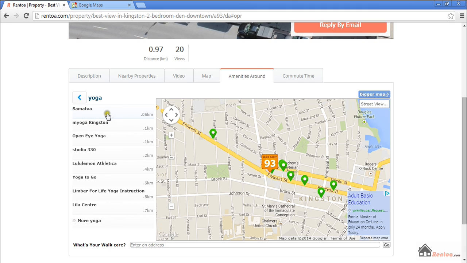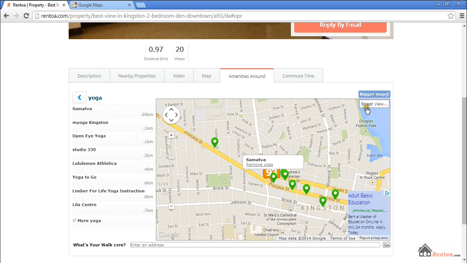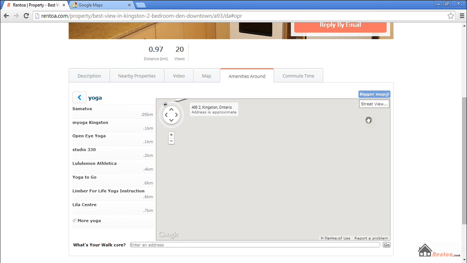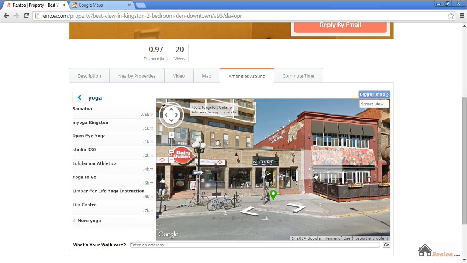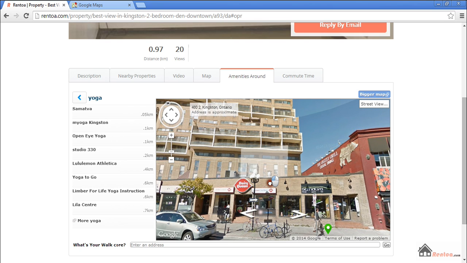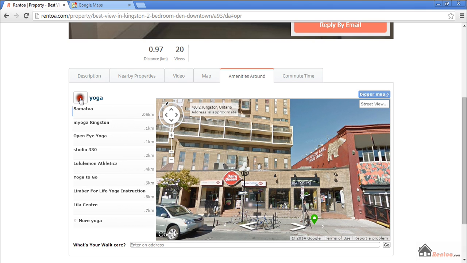So over here, the closest one is Samatva. So if I click on that, it'll show me where it is. Now, if I click on Street View, I can see the street view of where Samatva is. So there it is. And if you look, it's not too far from that property. So there's the property right there. Now, if we go back,